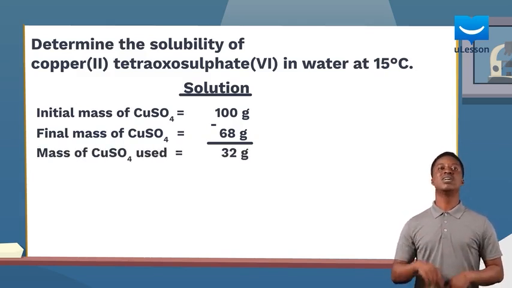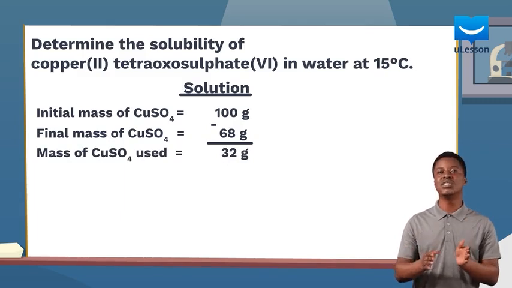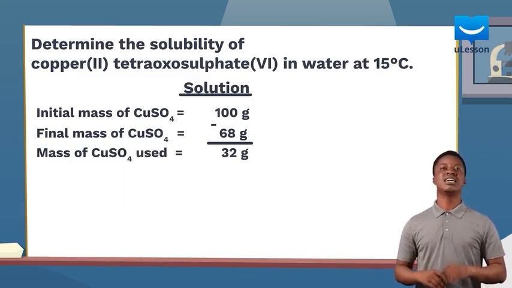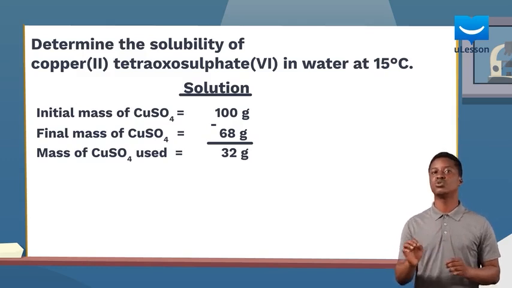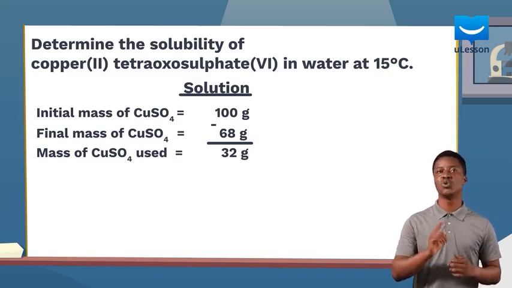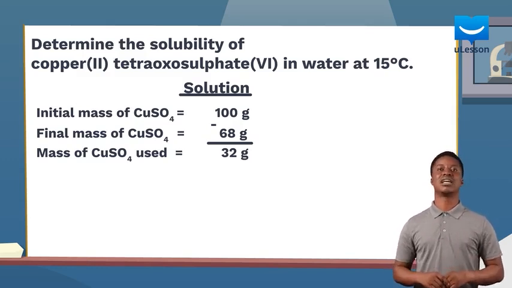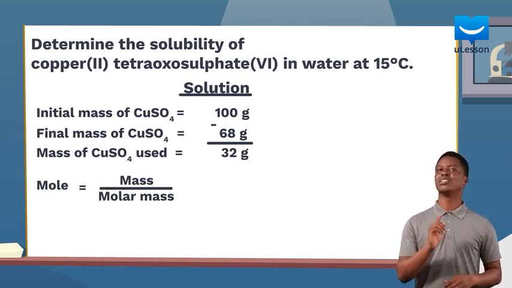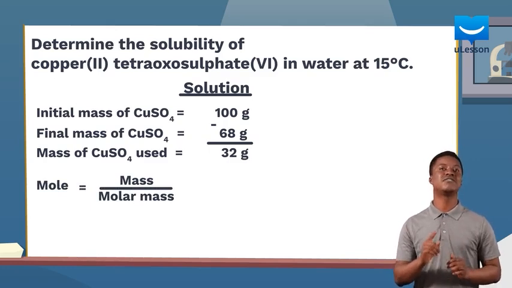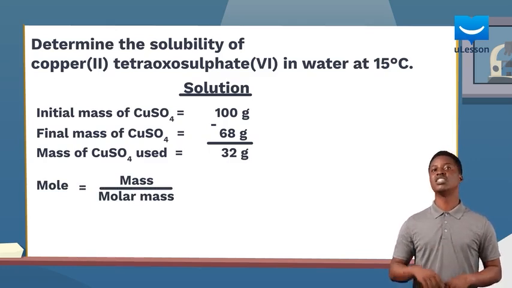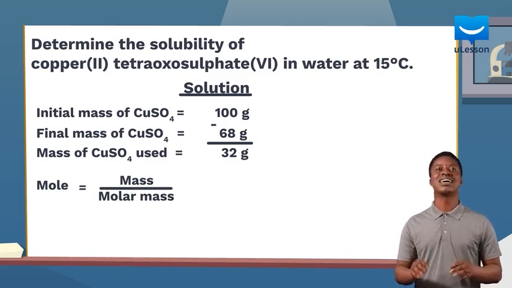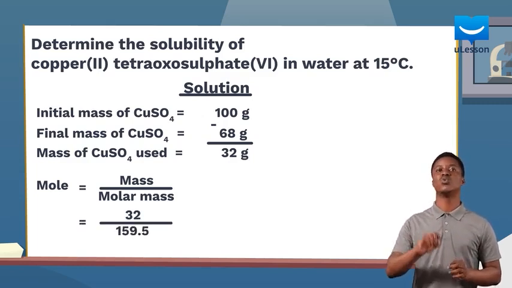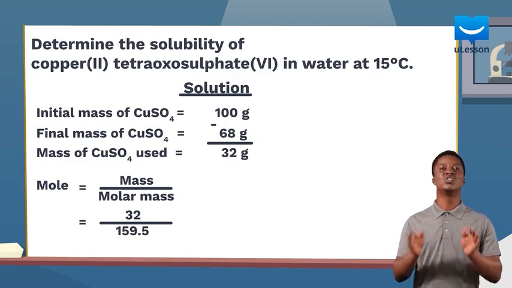With this value, he proceeds to obtain the solubility of the salt in mole per dm cube. To do this, he first converts the mass of copper 2 tetraoxosulfate 6 used to mole, using the formula mole equals mass over molar mass. Knowing that the molar mass of the salt is 159.5 gram per mole, he substitutes the value into the equation and obtains the number of moles of copper 2 tetraoxosulfate 6 that dissolves in 100 milliliters of water to be